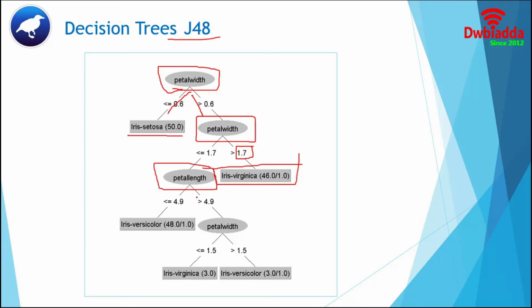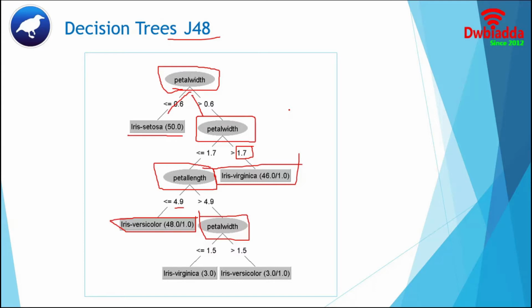In petal width, we have also two branches. If it is less than or equal to 4.9, it will conclude with the class Iris versicolor. Otherwise, it will test it again, this time with a new value, 1.5. If it is greater than 1.5, the final class is Iris versicolor. Otherwise, it is Iris virginica. So based on different conditions, we split the data and finally we get our output class.